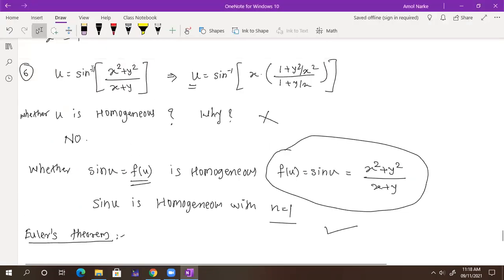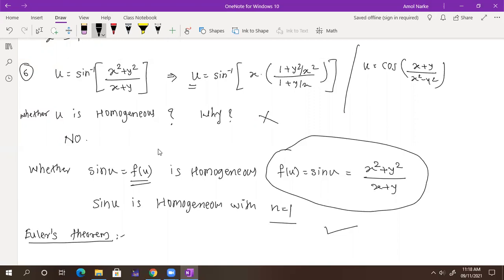Here, if you have cos inverse, again you can convert cos inverse here. Instead of sine inverse we have cos inverse. So cos inverse comes to that side. And sir, again, suppose it was just cos, so cos then inverse. So f of u is nothing but cos inverse of u, which is homogeneous. So what is the value of f of u? That is important. So instead of sine here, you may have cos inverse. Suppose u is equal to cos of the angle, and suppose you have x plus y divided by x square minus y square, something like that.